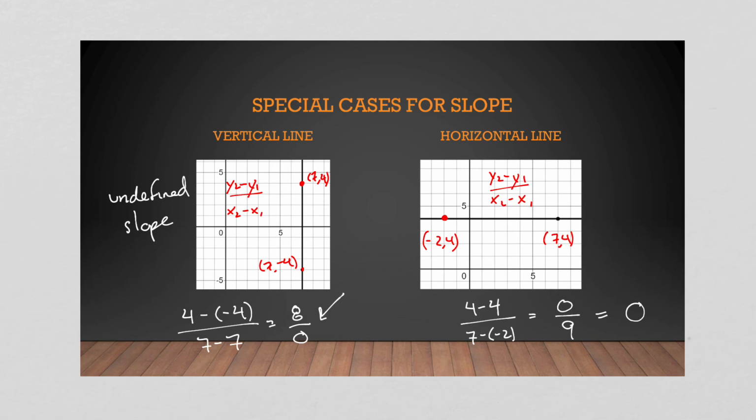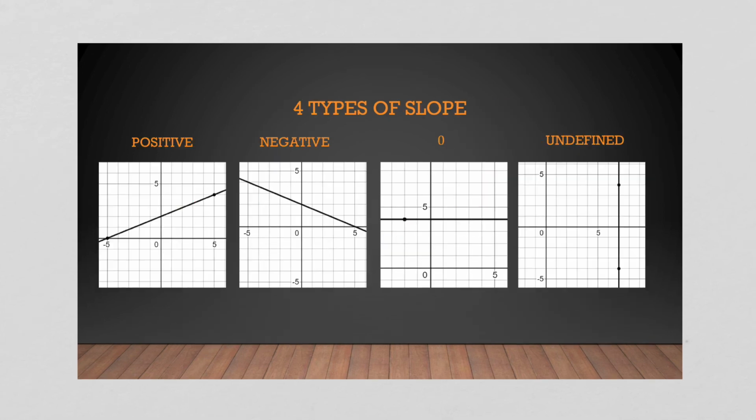And think about that. If you were skiing and you were on a flat surface, there's no slope, you're not going to move. Okay, so you have a 0 slope. That is the number 0 slope. So horizontal lines have the slope of 0, vertical lines have the slope undefined. They're two special cases for straight lines because these are our 4 different types of slopes